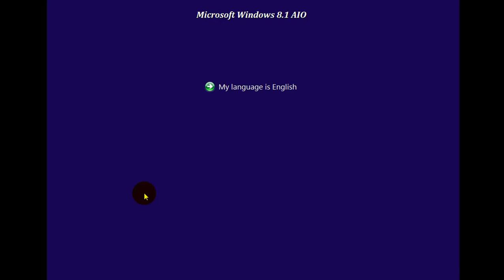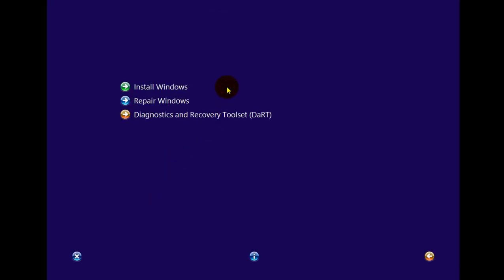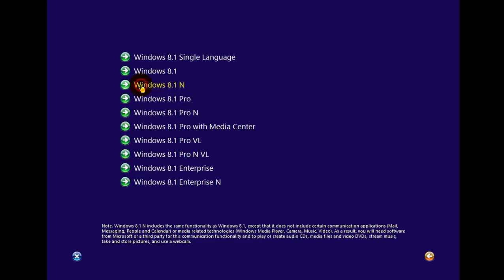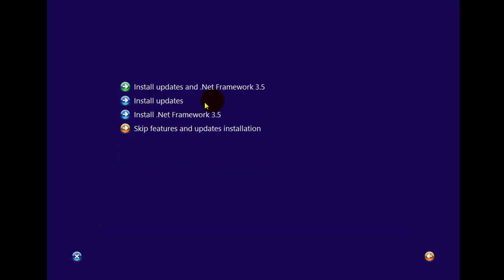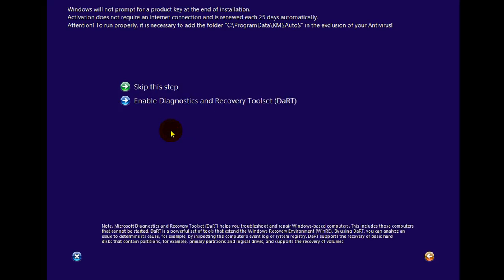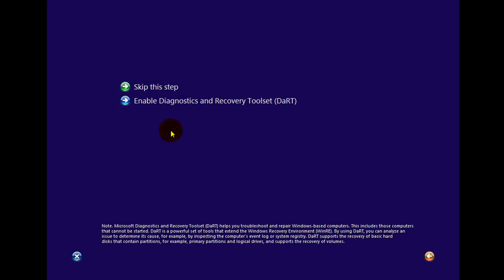Select the language. My language is English. Then click on Install Windows. Then select which version of Windows you want to install. I'm going to install Windows 8.1 Pro. Then click install updates and .NET Framework 3.5. Okay. Then activate Windows permanently and recovery